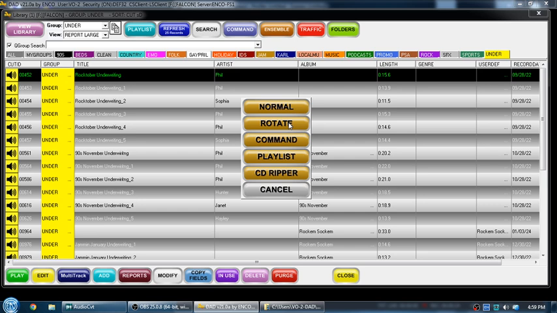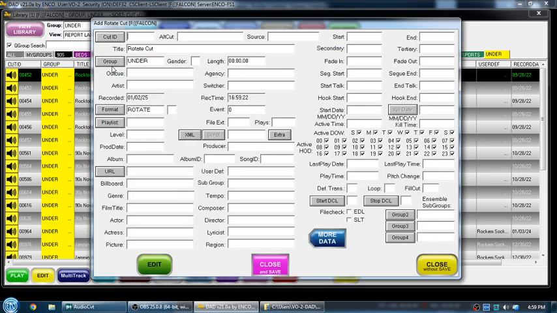what I want to do is create a playlist that contains a variety of different cuts in it with the purpose of associating one cut number with the playlist of all the rest. So let me put that into context. I'm going to create the rotate cut, and the first thing that I need to do is generate a cut ID for this. So I'm going to hit that button, and depending on how you've organized your DAD library,